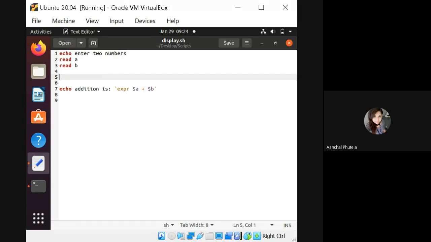If you do not have Ubuntu on your systems, and even if you do not have laptops, you can also use your mobile phones. The online terminals are available. Start doing it and show me, and whenever you complete your scripts, let me know over here in the comment section.